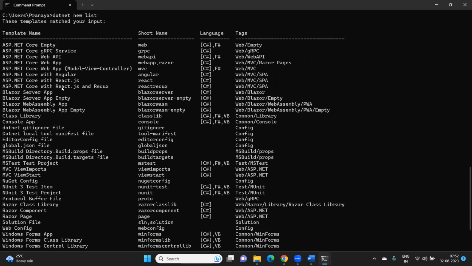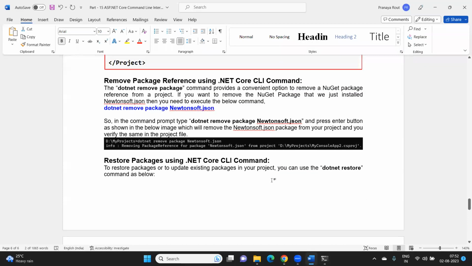right? Suppose I want to create an ASP.NET Core MVC application. For that purpose, what command is there? The mvc command, right? Let me use this command and create a new web application,